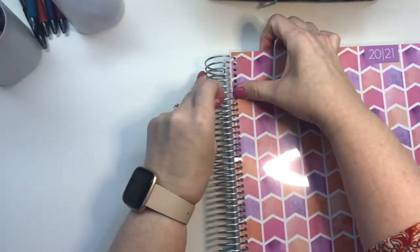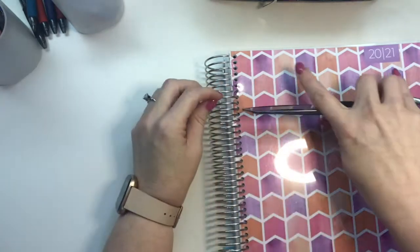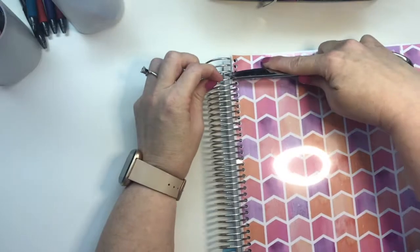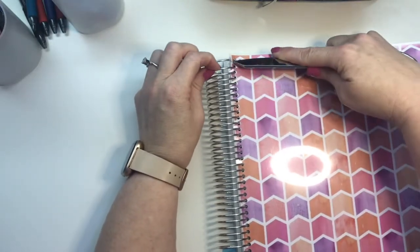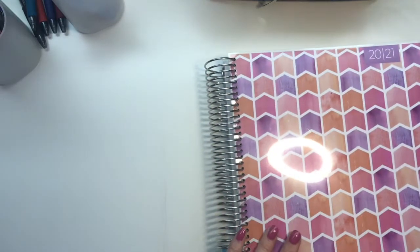I usually use my scissors to put this back on. Let me see if I can grab my scissors real quick. So I just usually use my scissors rather than using my fingernails because that works better for me. And it's pretty quick and easy to do. Okay, so